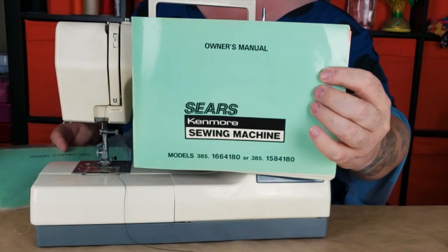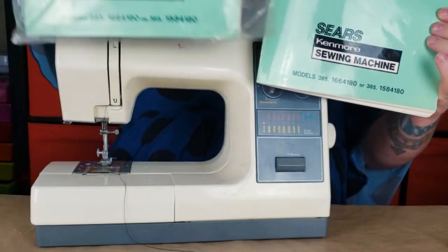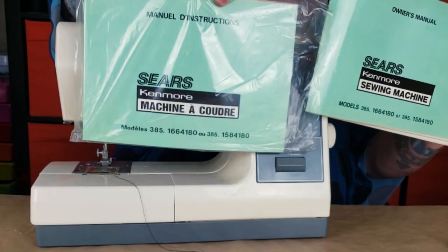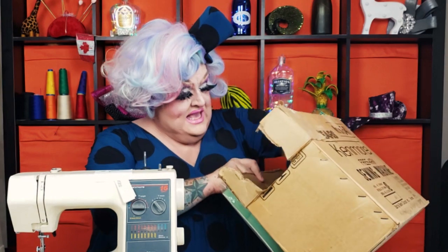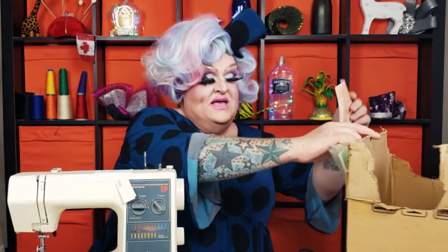Now, as you can see, there were some other things. It had the original instructions, the owner manual in English, and then in French still in the package. So this was sold in Ontario. There was also in here, did I see it? Yes. This is very, very important